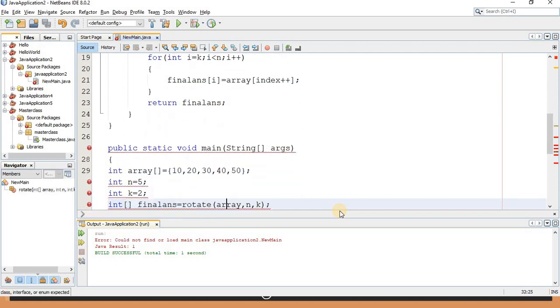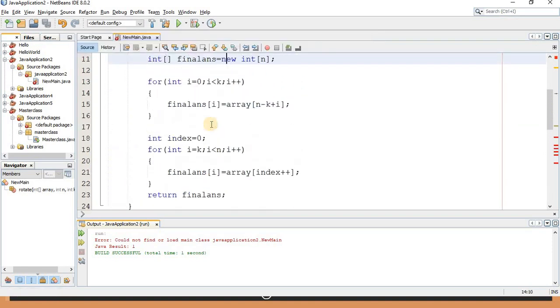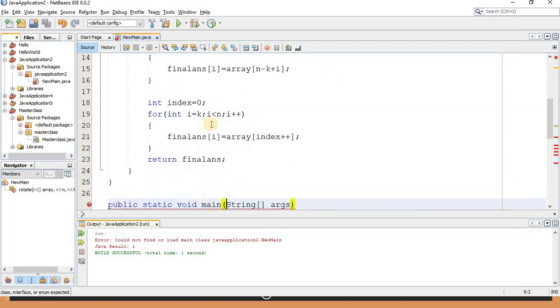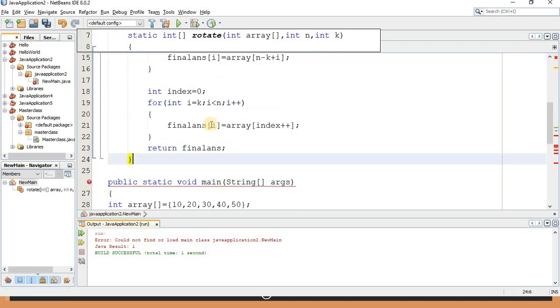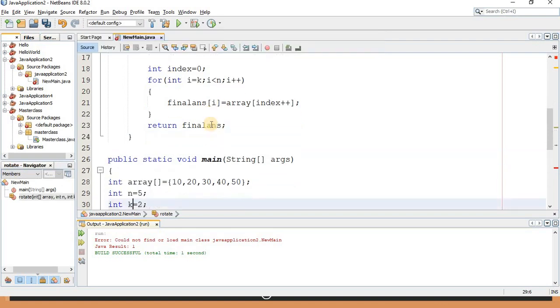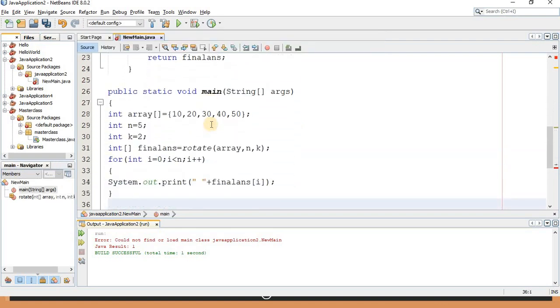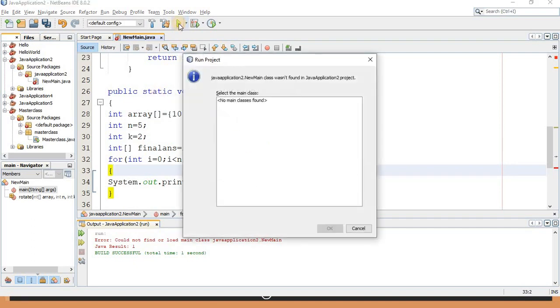Now in my main function, I need to check what is missing. Okay, it is outside the class, so I will just make it inside the class. So array input is ready, value of n and k is ready. I am calling the function and I am printing the answer. So let's check the output first, and then I will explain line by line. So if I execute this,